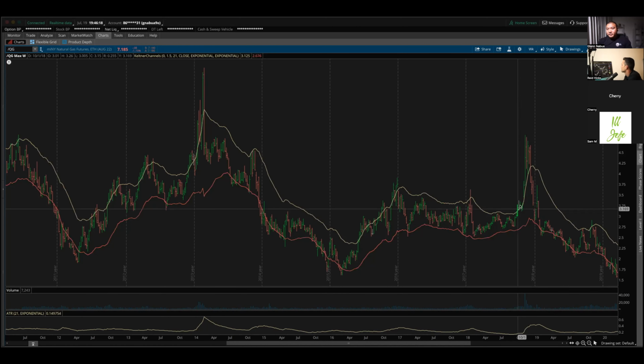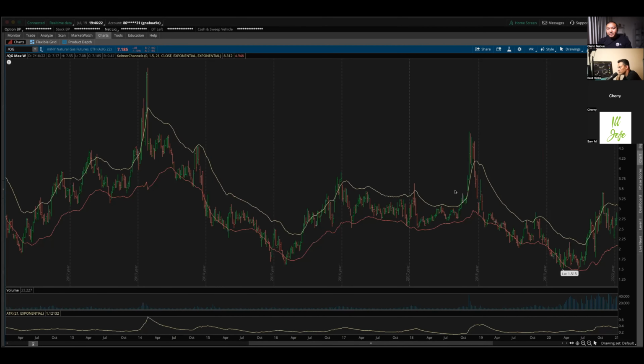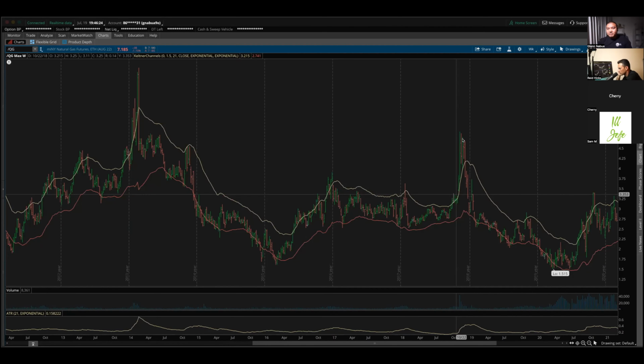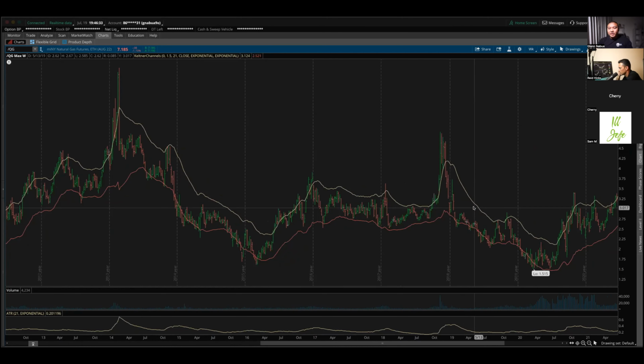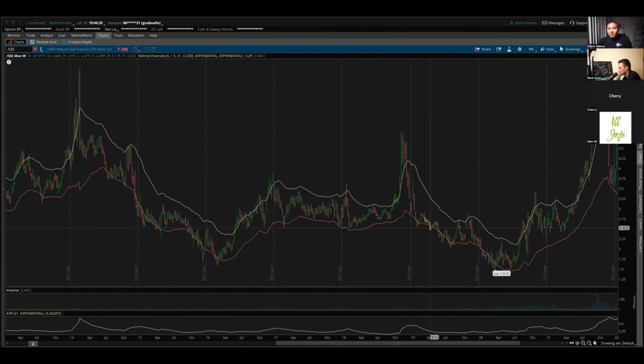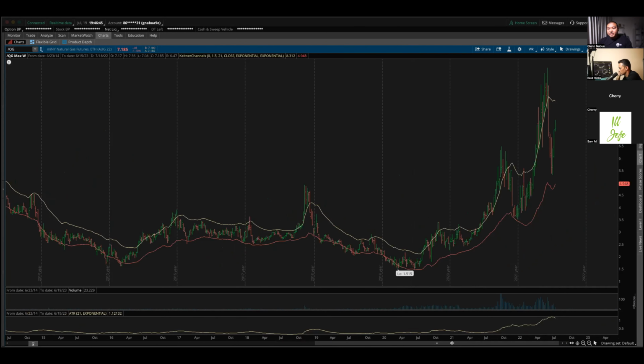I think I did a review of this trade in one of the posts in Mighty Networks. It just shot up, and the volatility of the big bars was able to take me out. And I want to point out that volume was low again, all the way from 2018. It had some short bursts here, but it started picking up.